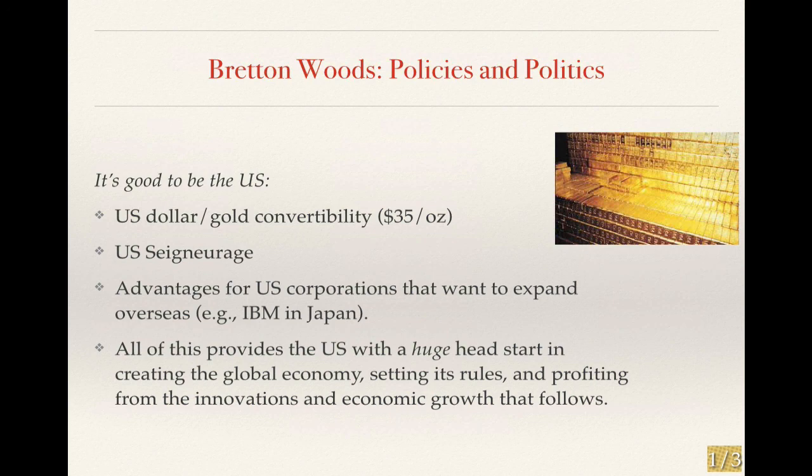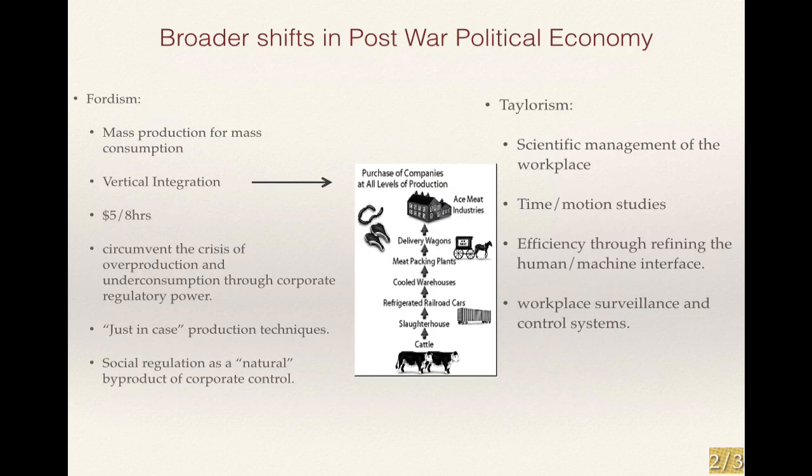Well, this is basically giving you an overview of the rules through which the global economy works in this period of time. So, at a day-to-day level, how is wealth created and how is affluence created? Well, this is where the concepts of Fordism and Taylorism are really very useful. Fordism, basically, is mass production for mass consumption. Under Fordism, the idea is that you can make a lot more money selling lots of products at a small markup as opposed to selling fewer products at a larger markup.